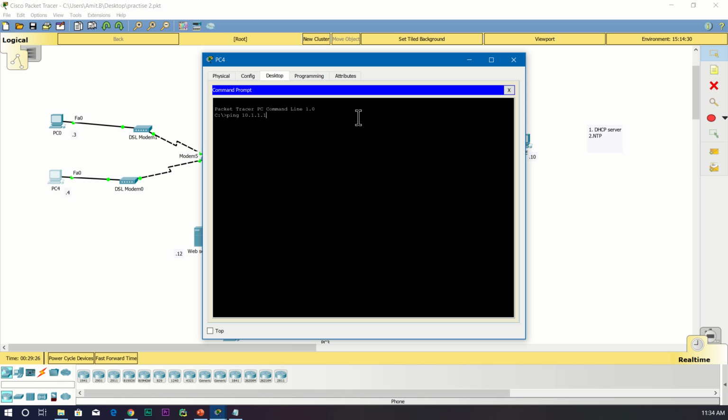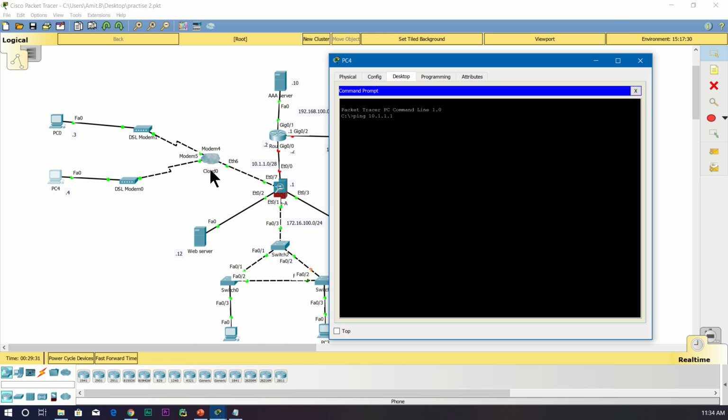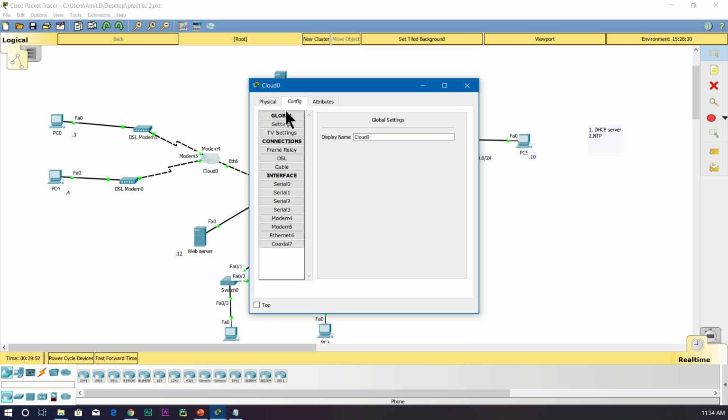Okay, so I would like to say something here. It's not gonna ping at the beginning because you have to make a small configuration on the cloud. You have to connect this modem to this Ethernet port. Since you haven't done so, this ping will not go through now. It should not go, by the way. So I'm not gonna spend my time here. You go to the cloud, config mode,